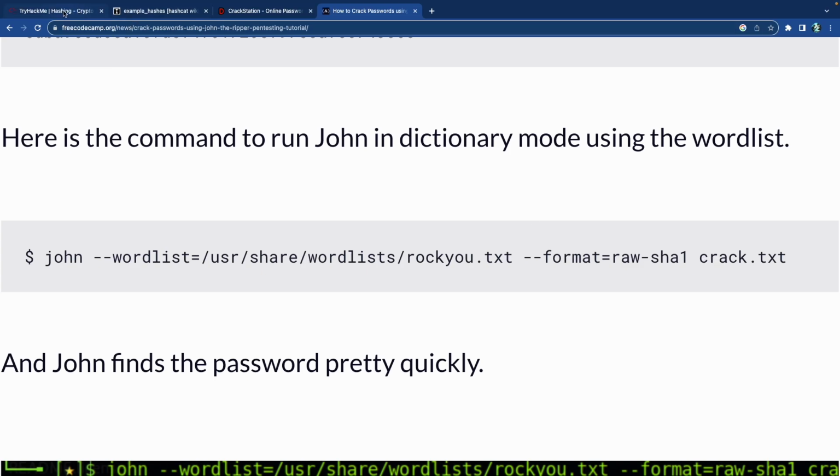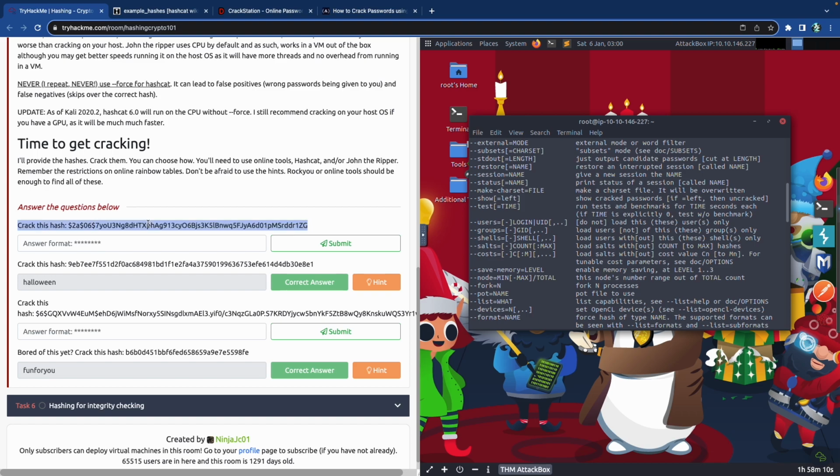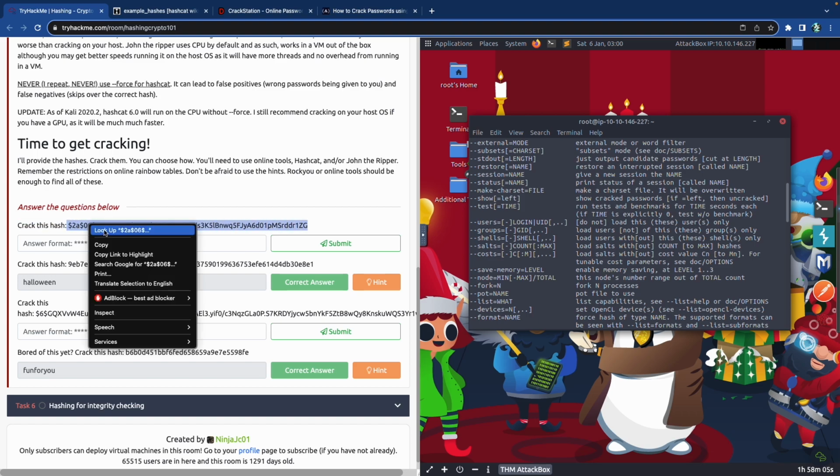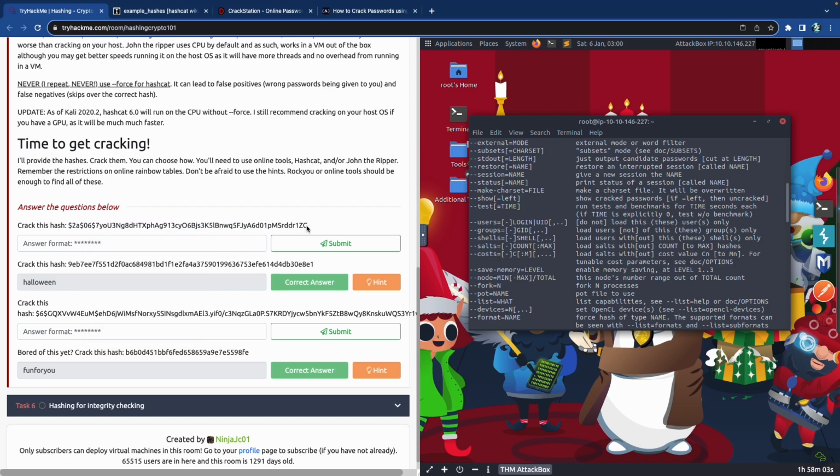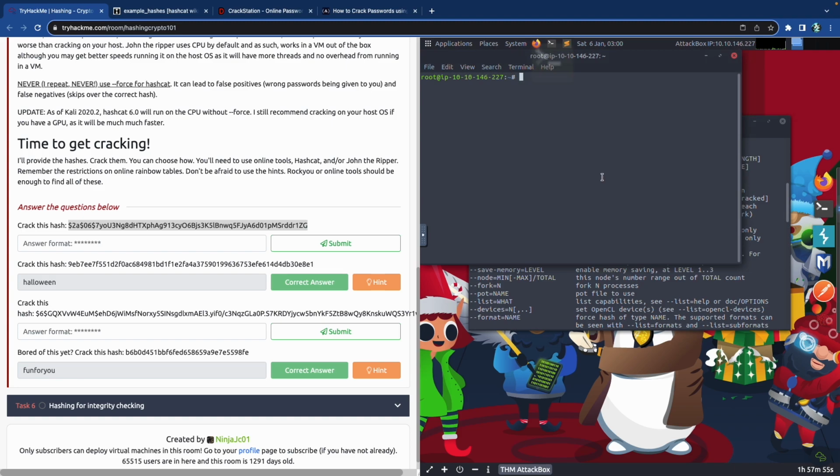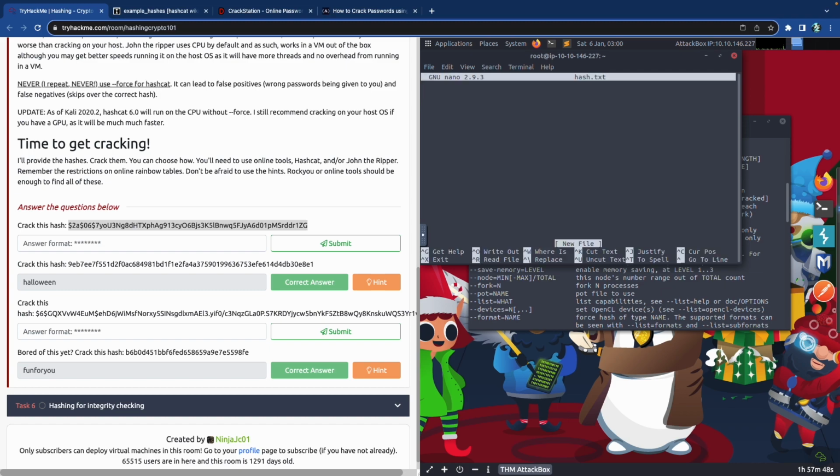First thing we're going to do is copy the hash. And we're going to go into a new little folder and use nano hash.txt. And we're going to paste the hash.